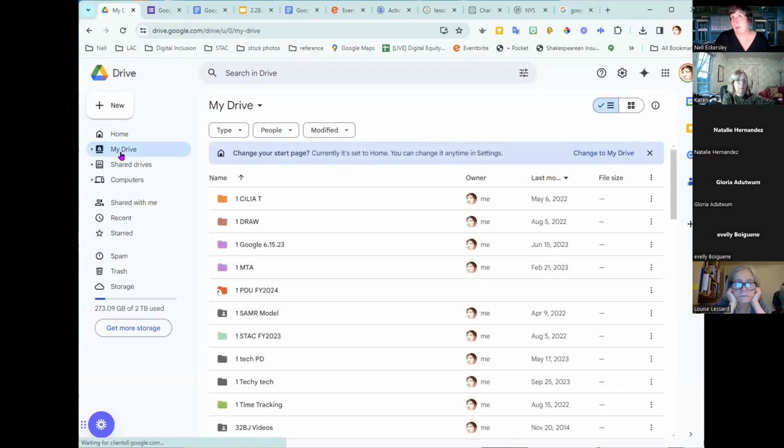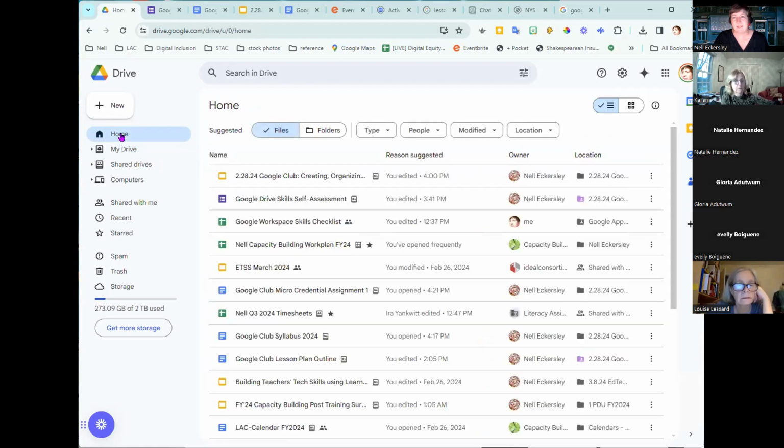Something that happened maybe in the last two years, last year or so, is that they've added all these different ways to see your drive, and it may have caused you some consternation. You came in and it didn't look the way you expected. I have a very specific way that I have my things organized. You can see I'm using that number at the beginning of these folders, meaning that I know they'll stay at the top, even though alphabetically they wouldn't. And suddenly I came in and it looked like this, and I was like, what? That's not how I want it. I was very annoyed because Google sometimes does think that it knows what we want, and it's wrong.